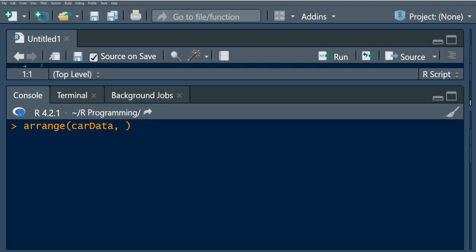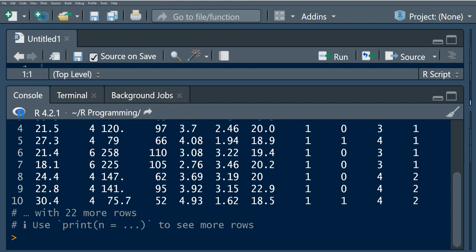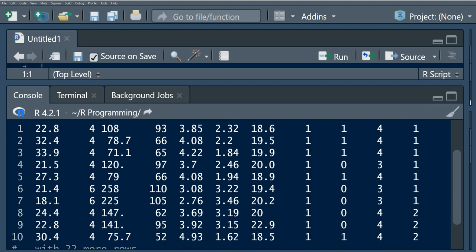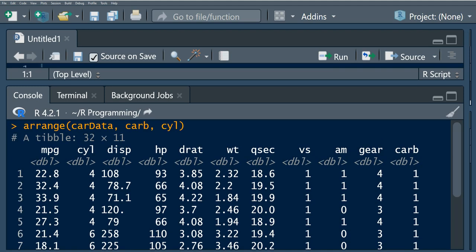So let's say we are first going to sort our data by this variable, which is cup, and then we're going to use this variable, which is cyl, and let us try to run this. What we observe is that we have sorted our data frame in ascending order of these two variables, which is cup. So this one starts with 1 now, then it's 2,